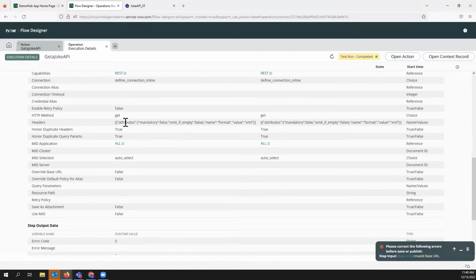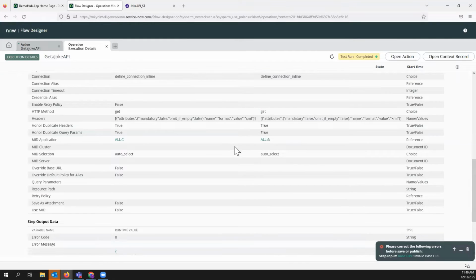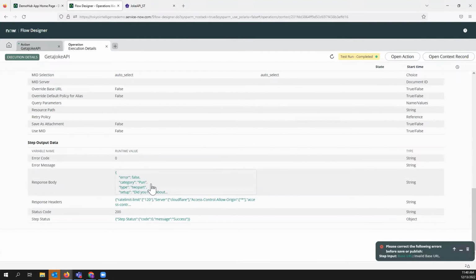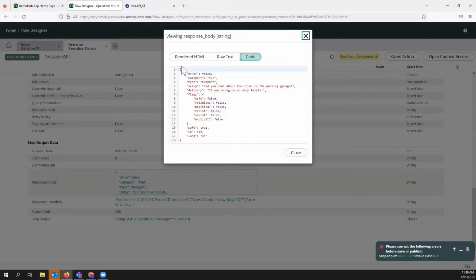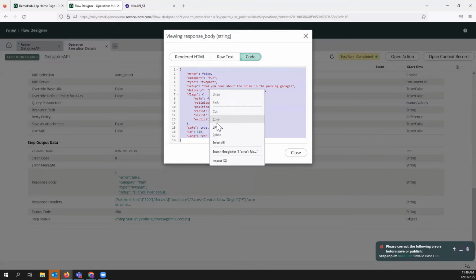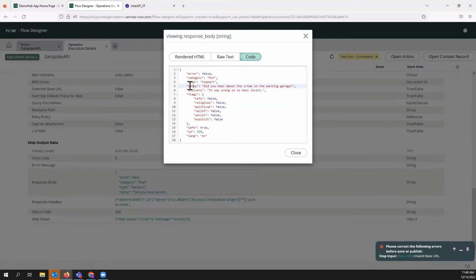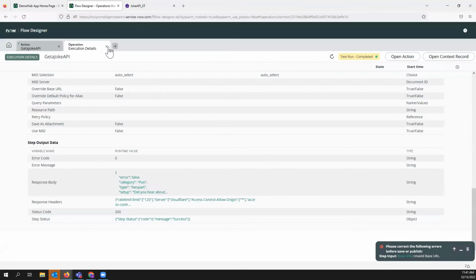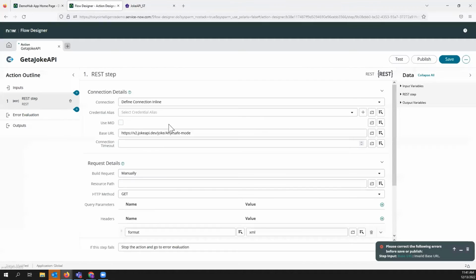So here we can see this is the information that we sent over, and then this is the response body. It automatically formats this and sends it back to us. Then we're going to need to figure out how to extract both the setup and the delivery. Again, if you know scripting, you could probably do this. I don't, so I can